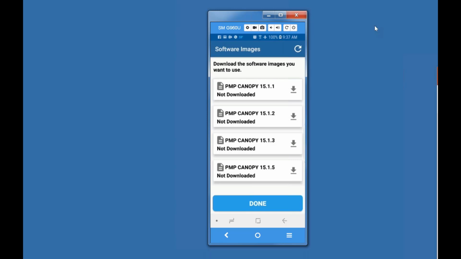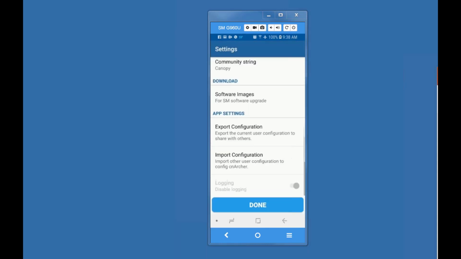So I happen to have Wi-Fi connectivity, so I'm going to download this, and I can store it locally on the phone. Okay, so now at this point,